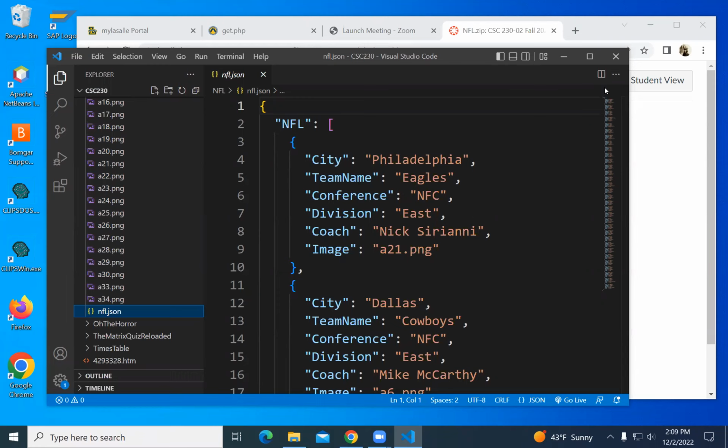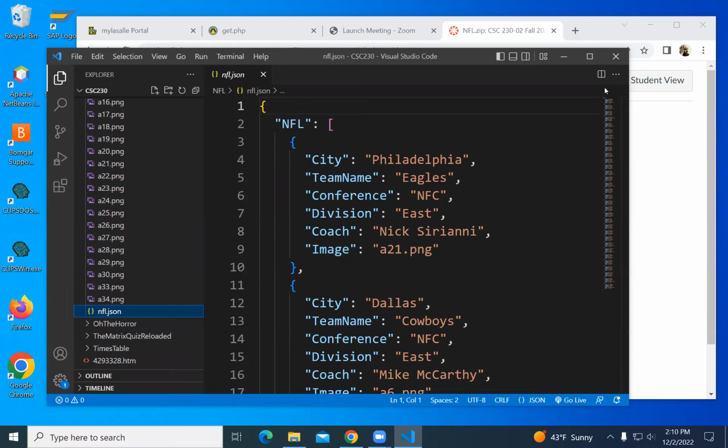A little bit like the art, not quite the same. I didn't have a conference object and then a division object within the conference and then teams within the division or something like that. It could have been structured somewhat like that, like we saw in the art, but it's not structured that way.